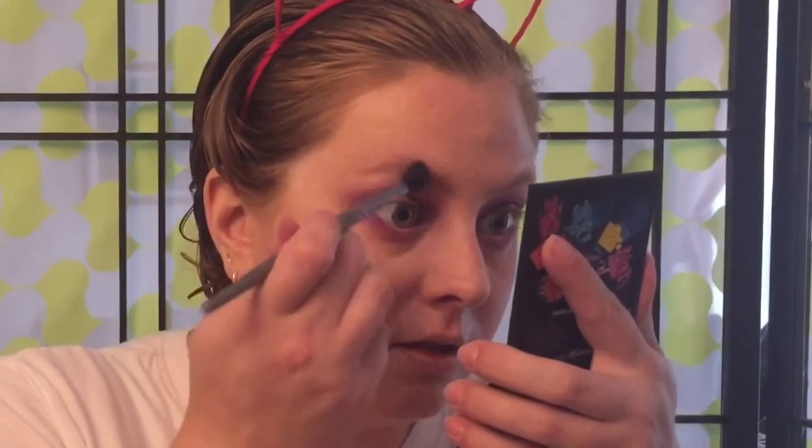Now I'm going to go back into the Annabelle highlighter with my finger yet again under my brow. Get that iridescent fake holo all over the place. Floof it. I'm going to take my e.l.f. smudger brush, and I'm going to go into the